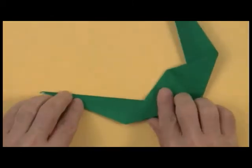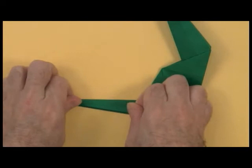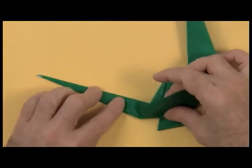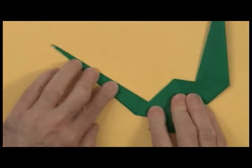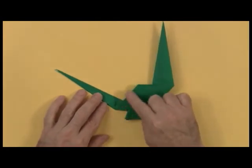Let's go ahead and do the same thing on the other side. Take the long folded edge to the opposite long folded edge. This is our starting crease. Lift the layer up. Here's our shorter folded edge. Push it inside. And flatten. The effect is we get the nice tail shape and we have a better connection into the body